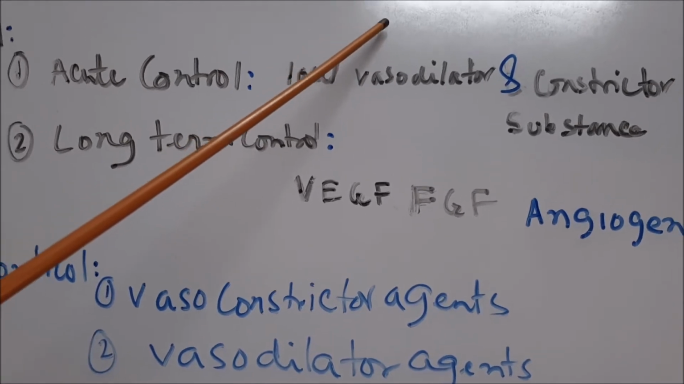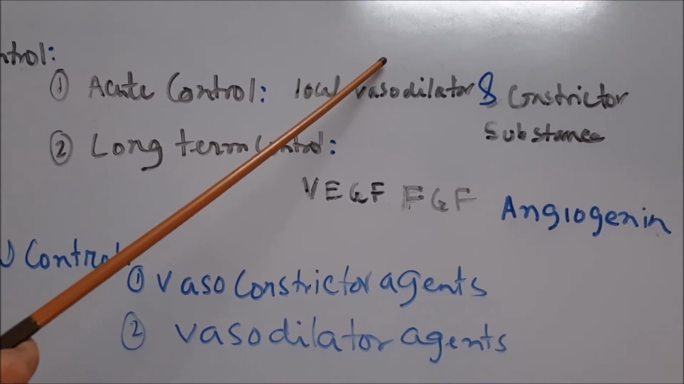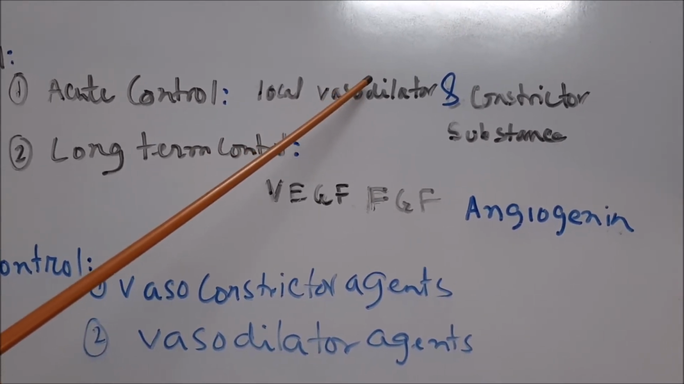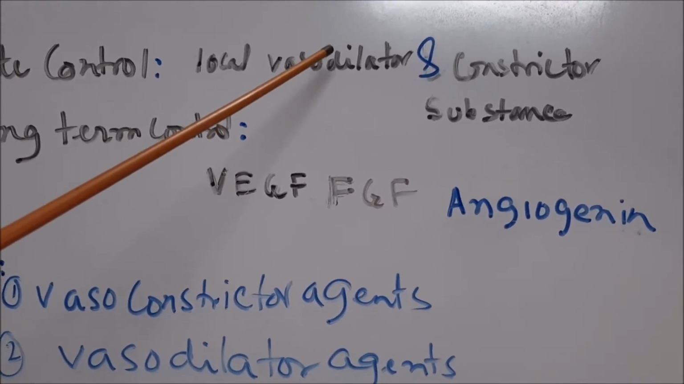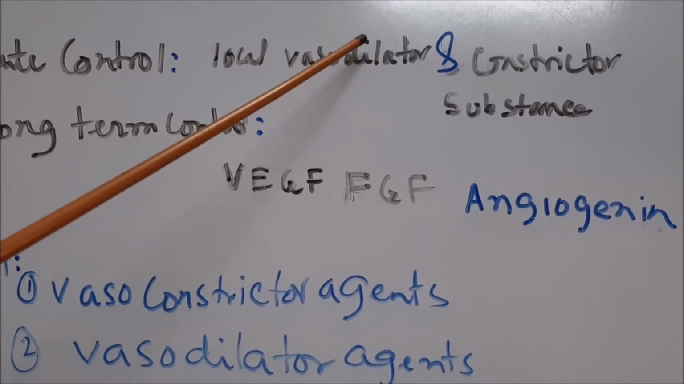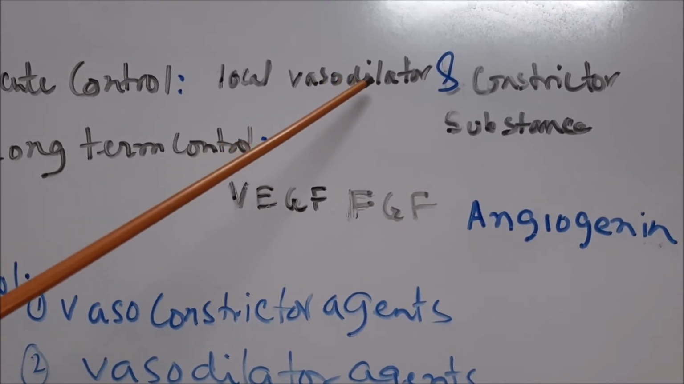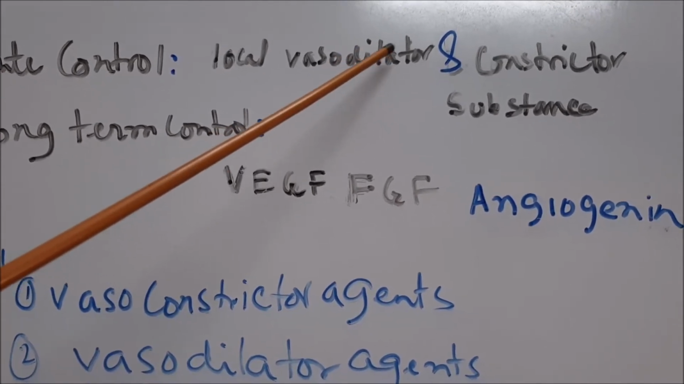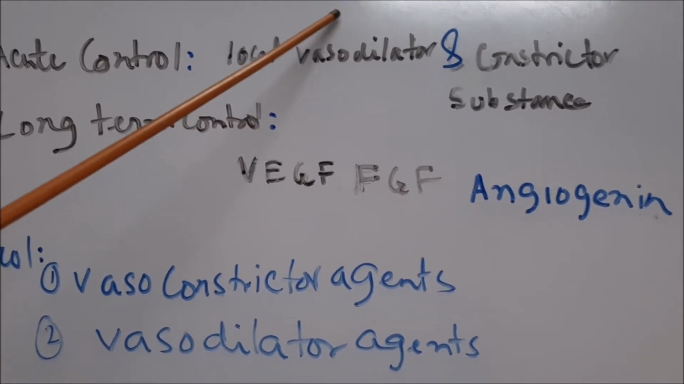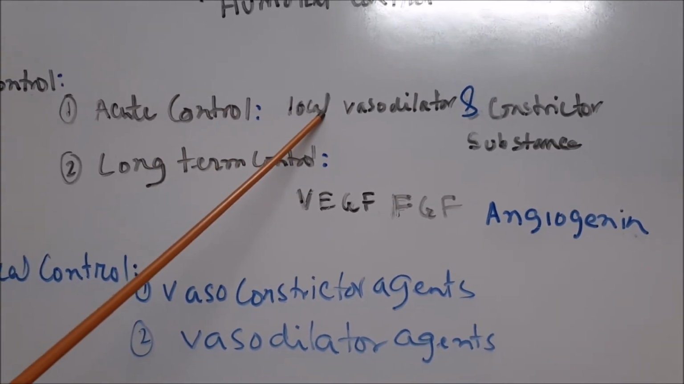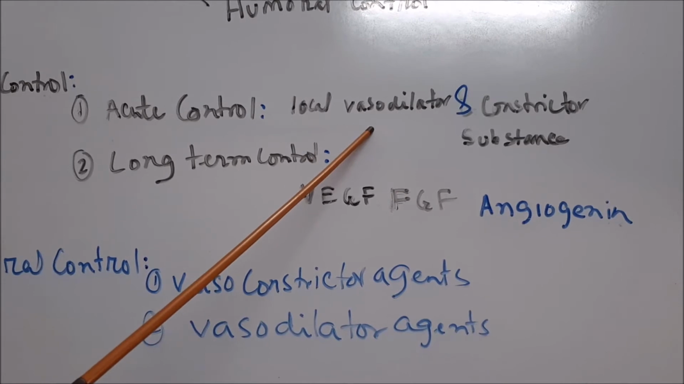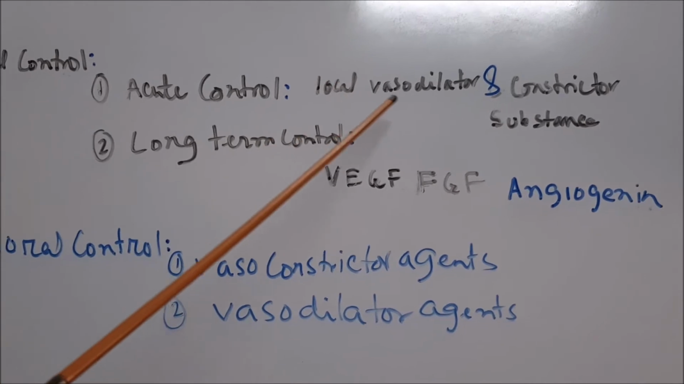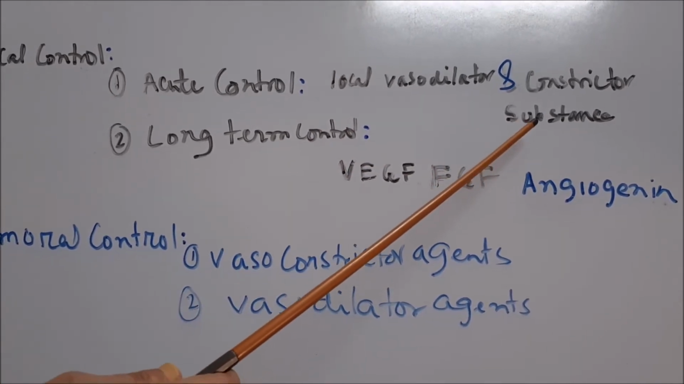Examples are adenosine, potassium ion, hydrogen ion, histamine, carbon dioxide, nitric oxide, and acetate. All are vasodilator substances, released from local tissue. When they are released, they will dilate the blood vessels. Which blood vessels? Arterioles, meta-arterioles, and precapillary sphincter. When the arterioles are dilated, it will increase the blood flow to tissue and provide nutrition to the